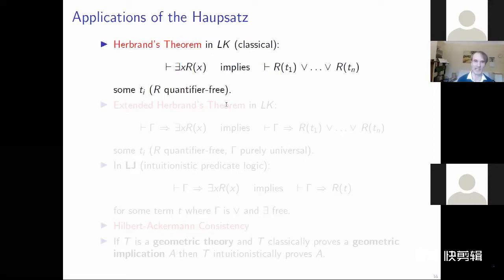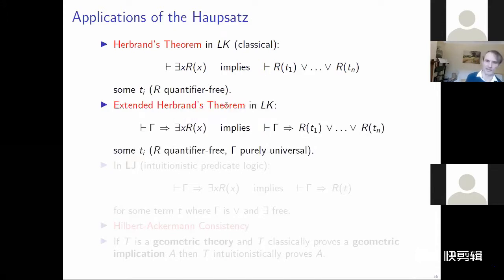And so, for instance, there is Hilbert's theorem that if you can prove in the classical Sequent Calculus an existential statement where R is quantifier free, then you can deduce a disjunction of examples, R(t1) or R(t2) and so on, or R(tn). There's an extended version of Hilbert's theorem where you can have something in the antecedent, namely, if in the antecedent you just have purely universal formulas,